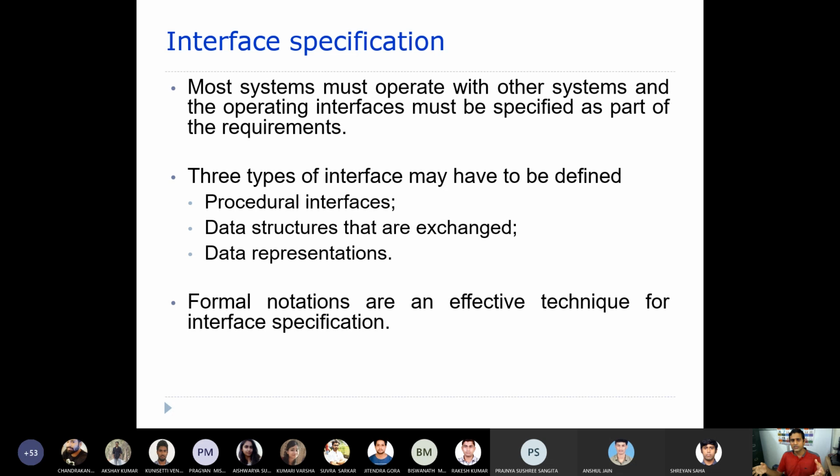If there are two modules and you want to exchange some data between them, you need to see whether these two modules should follow some sort of data representation. Those things can be specified, and sometimes we use formal notations to specify these interfaces.